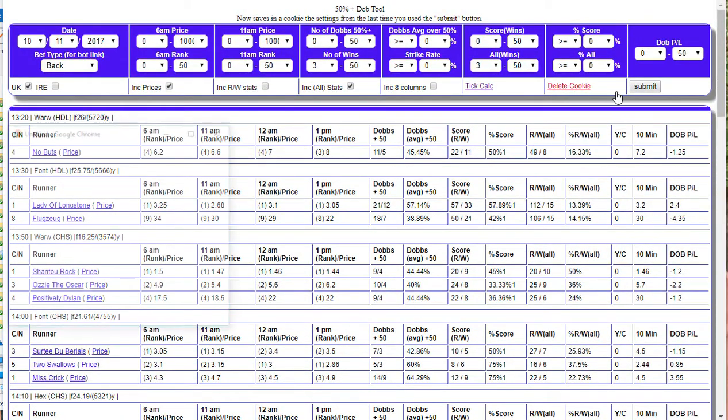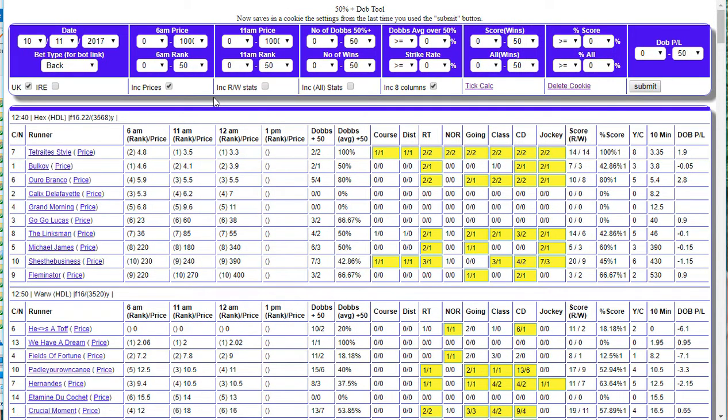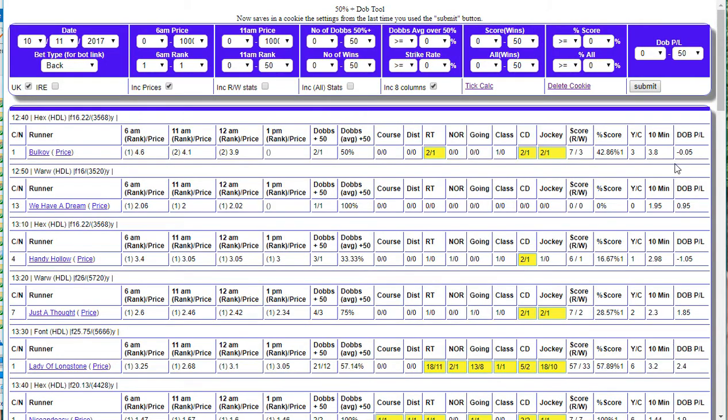Of course, you can do other things, like if you delete the cookies again and refresh the system, we could just look at favourites, which is something that I enjoy doing. So we could start with 6 a.m. favourites, say, and then see what happens during the day. So if we went back in history, say to yesterday, and then looked at the results from yesterday and see what happened,